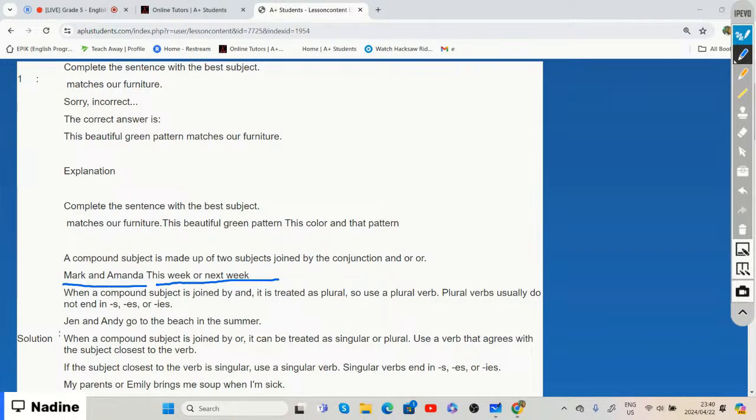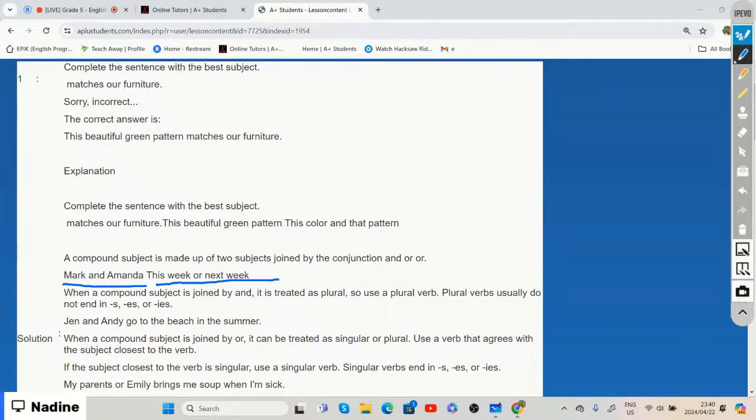And when a compound subject is joined by and, for example, Mark and Amanda, right? Then it is treated as a plural. It's treated as a plural. If you say Mark and Amanda, we say Nolly and Prabha. We say Prabha and Matthew, right? If we say Sith and Angel, for example,